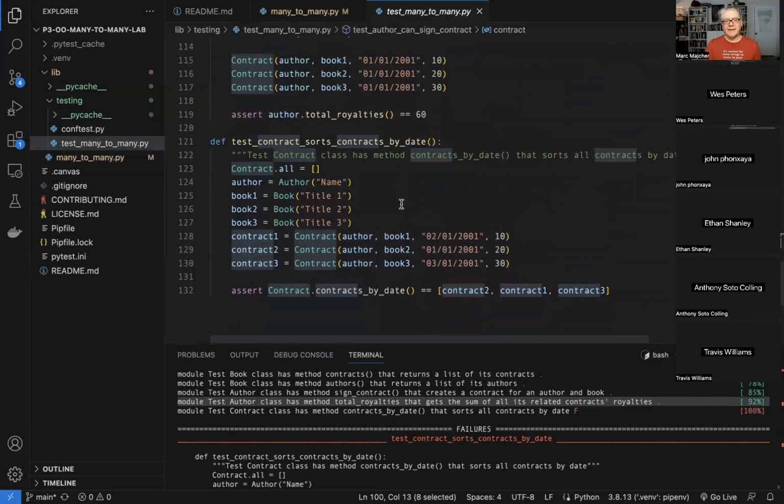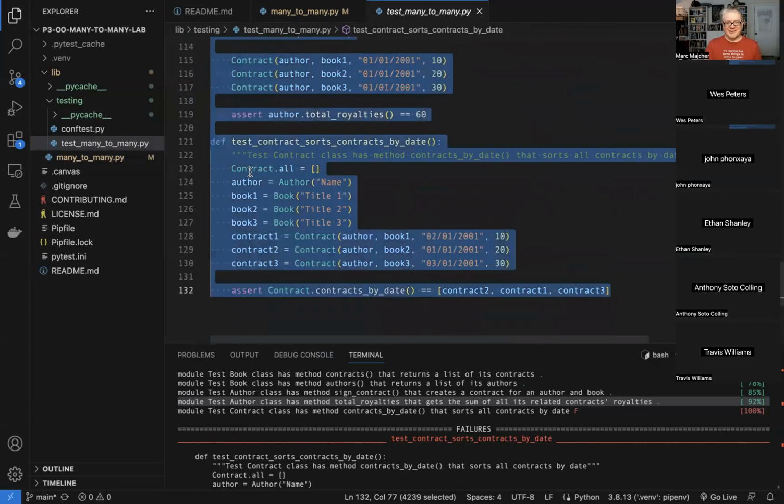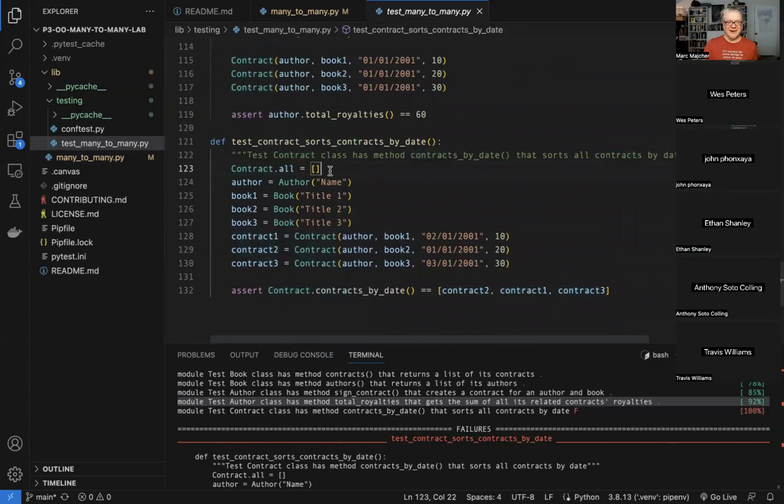That's our last test. Great. So it's going to reset all the contracts. You should not be able to do that in an object-oriented language. You should have to call a reset method, but here we are. We're going to create a bunch of authors and books and contracts, and then we're going to call contracts by date, and we just want that to